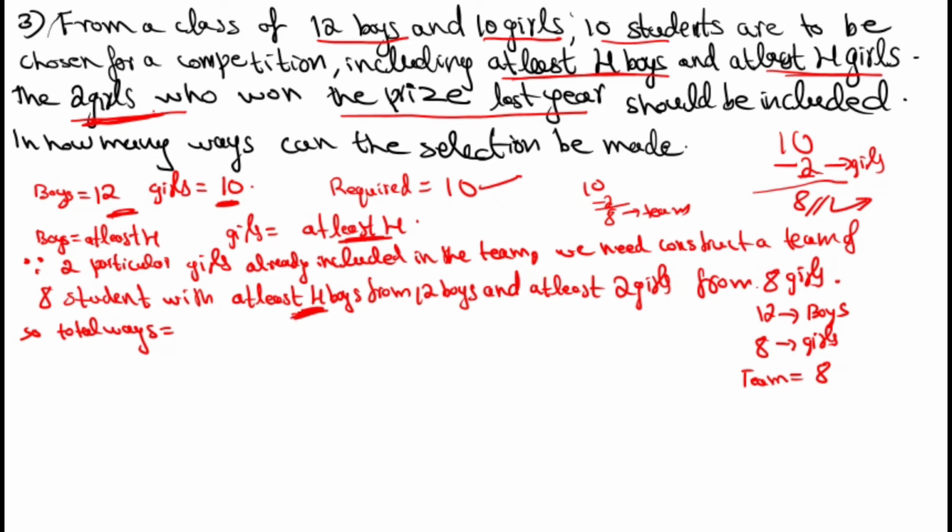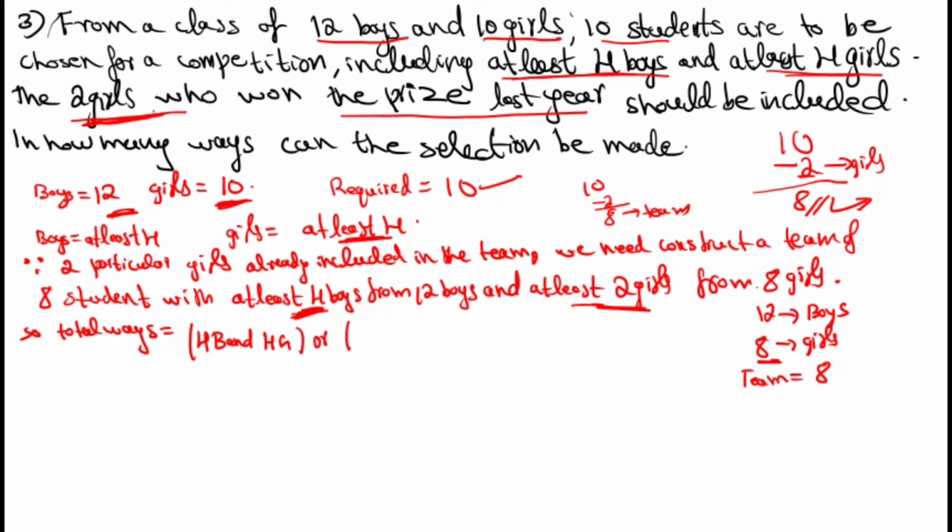Okay, here given. And see, actually 10 girls are there. From 10 girls, you need to select 4 girls. That is at least 4 girls. But since 2 particular girls are already selected, remaining girls is equal to 8. From the remaining 8 girls, you need to select at least 2. Okay, that's a given condition. Okay, possible way, see, if you are selecting 4 boys and how many girls required? Okay, girls required is equal to 4 girls. Okay, 4 plus 4 it's equal to 8.